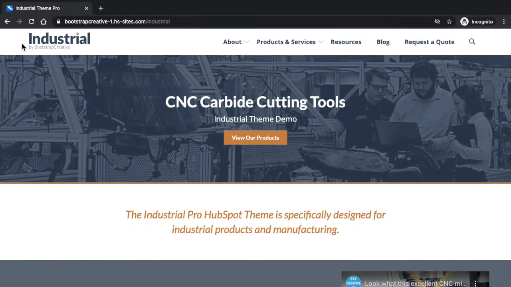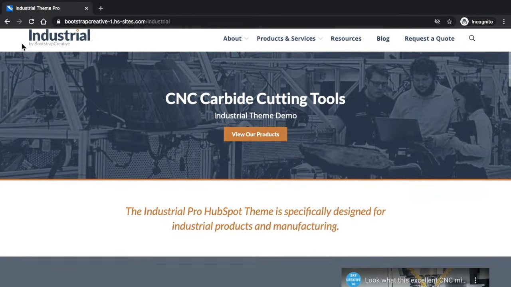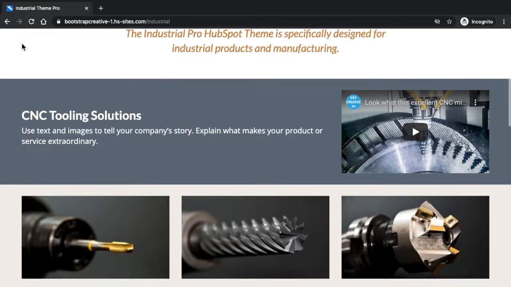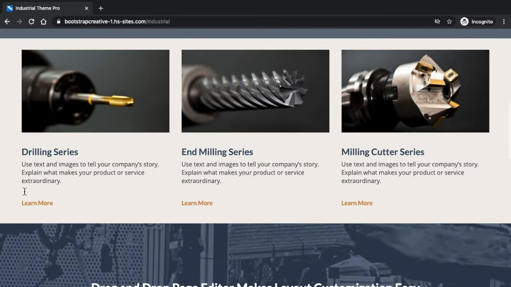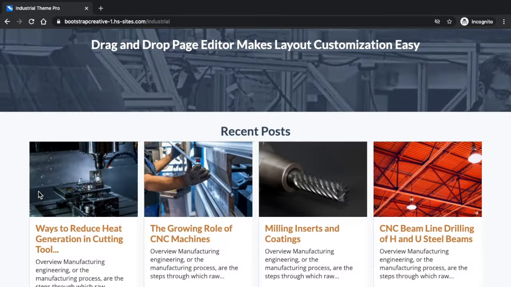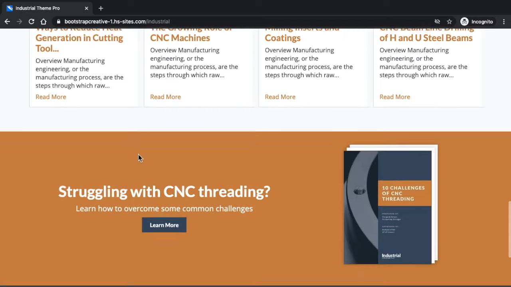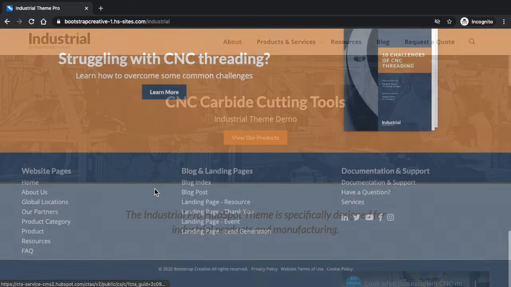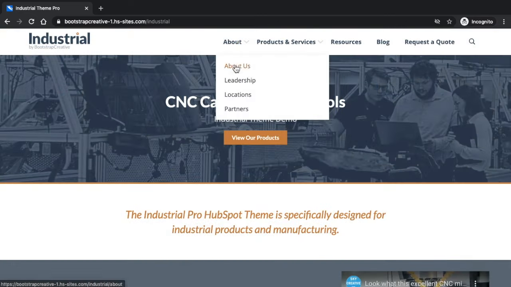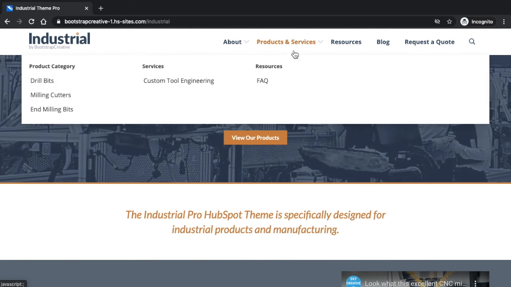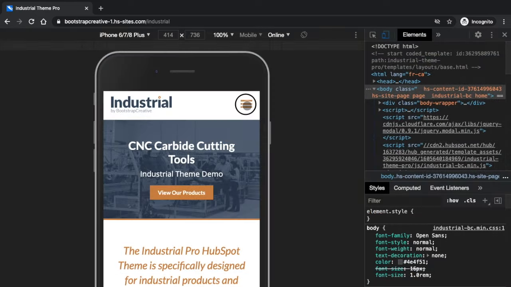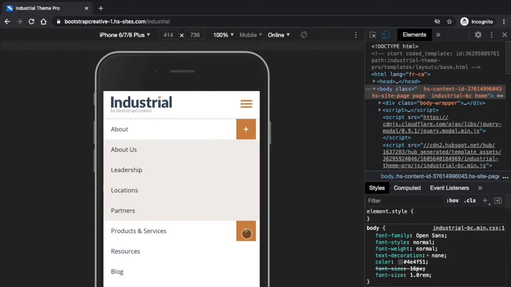The home page is clean and modern and will help you to visually communicate your business positioning and value proposition. At the bottom of the page, you can add a custom call to action to generate leads from your site visitors. The header navigation adapts to the number of submenus, even growing to a mega menu when more space is needed. To help with usability, the mobile menu has large tappable toggles to drill down to the different submenus.